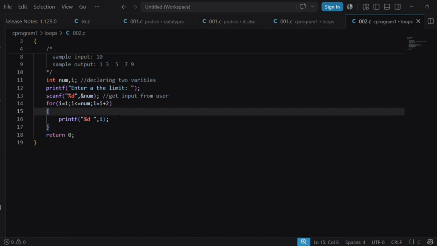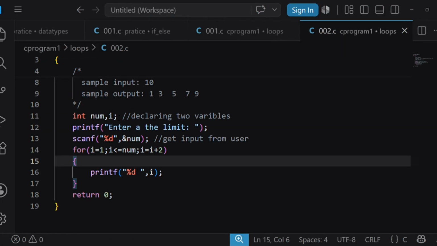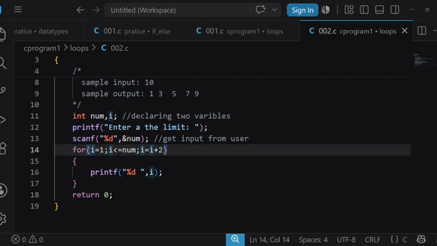We need to do some little changes only here.